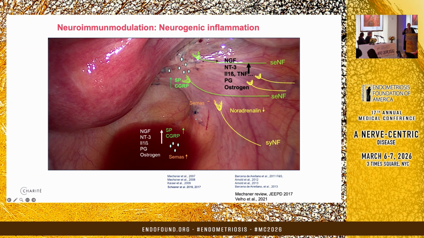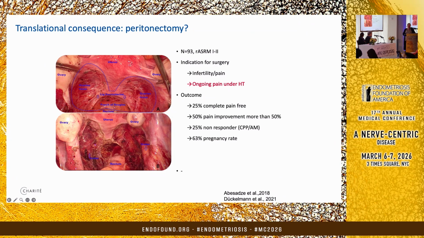Yes, that is our hypothesis, and I think it also has some clinical impact, because we all try to avoid unnecessary surgeries. When we see such a severe case, what should we do? In my clinical daily routine, we start hormonal treatment. We try to reach a therapeutic amenorrhea. Most of the people are fine. But when the pain is going on, they have no bleeding, but they start to have acyclical pain, that is for me the reason to do a surgery.